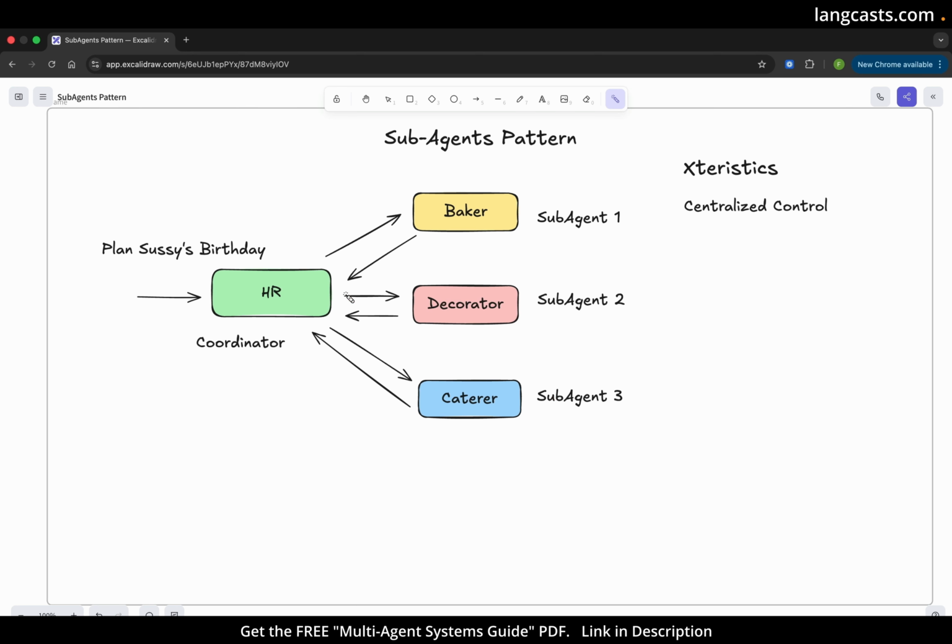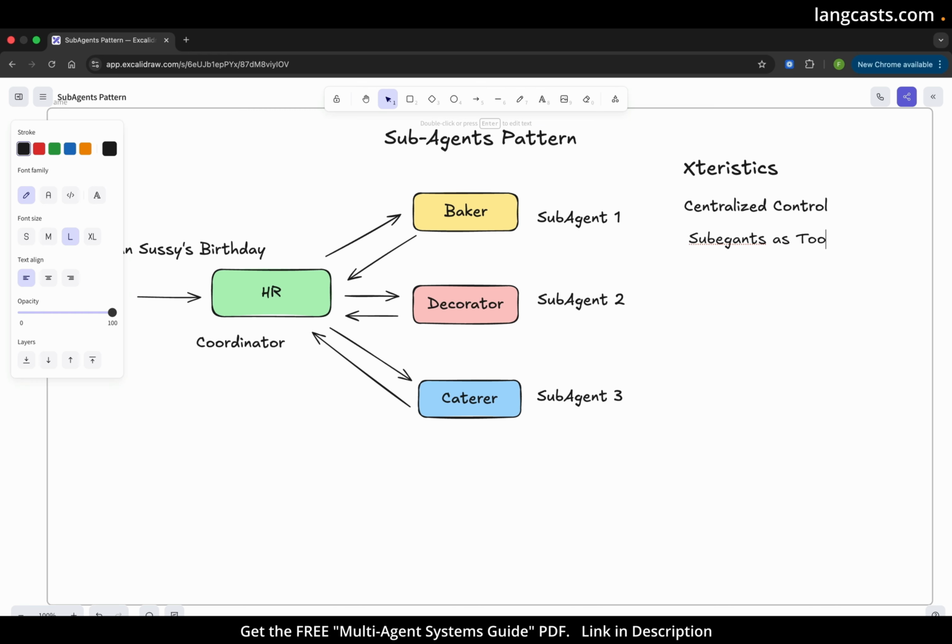One main agent is the one leading the orchestra. That's the first thing. The second thing, and this is from an implementation standpoint, is that your sub-agents are tools. Your sub-agents, while being agents,